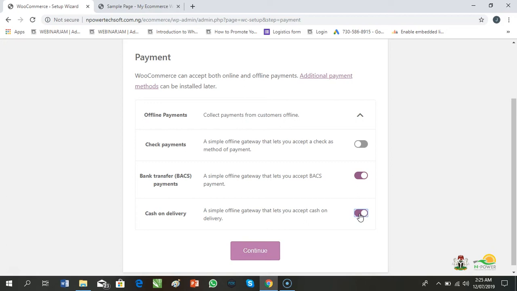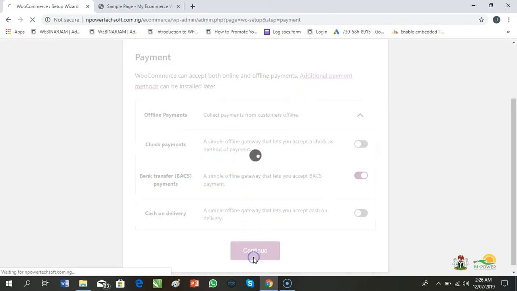Rather, make sure you deliver what the customer ordered, and make sure you set up an efficient refund policy and an efficient return process if the customer has issues, and then you send another one. So I'm just going to deactivate this button again. If you are the type that accepts check, I don't know which company accepts check these days, but just say you accept check, nothing stops you. Just activate this button. So we are done with that. We hit continue to do the next settings.